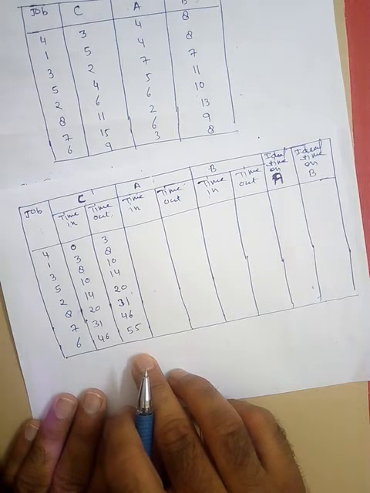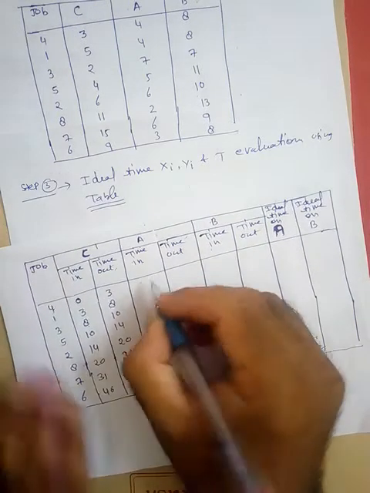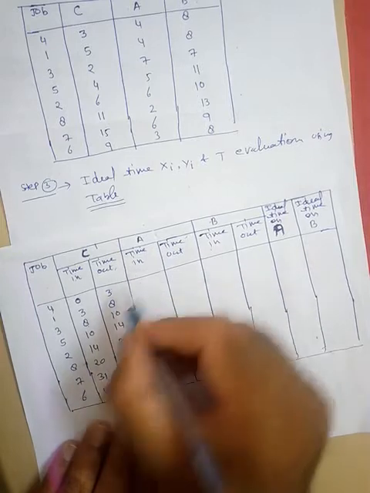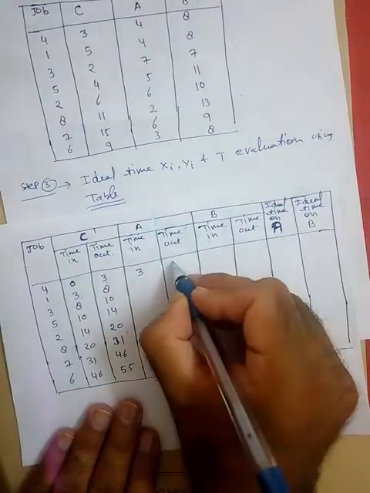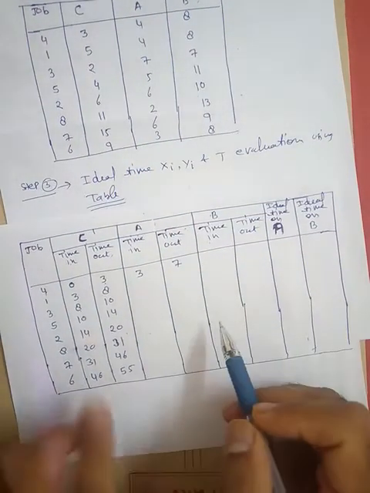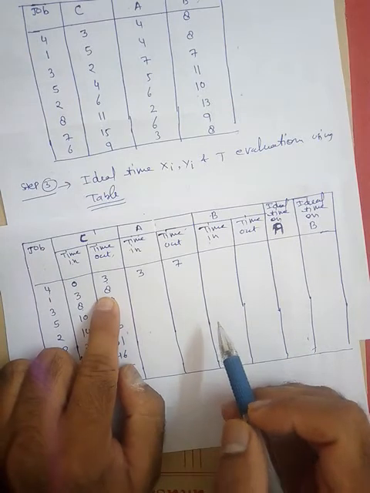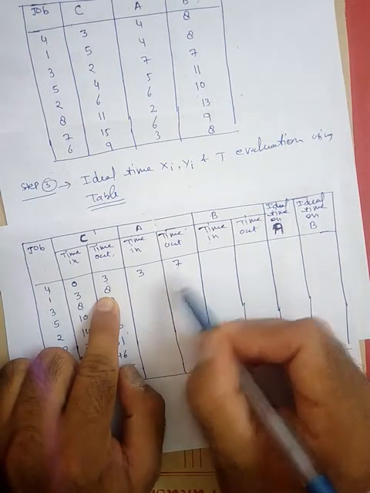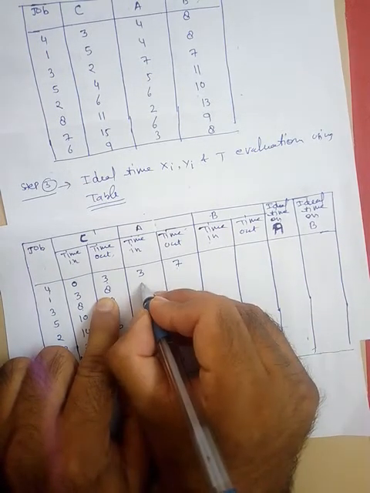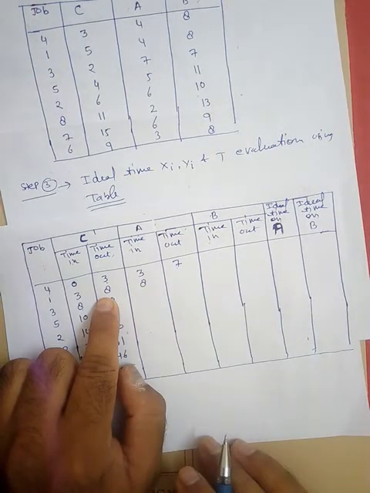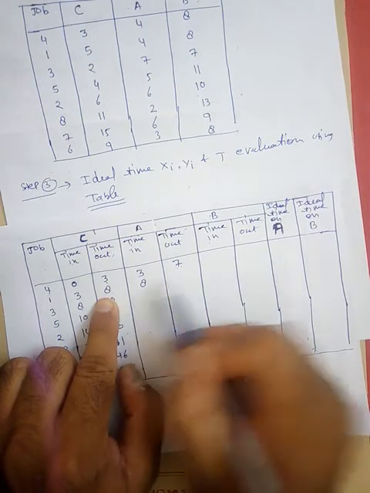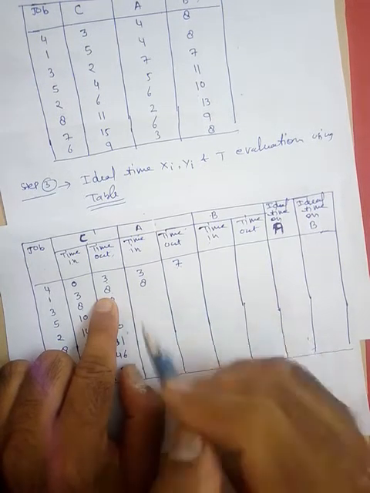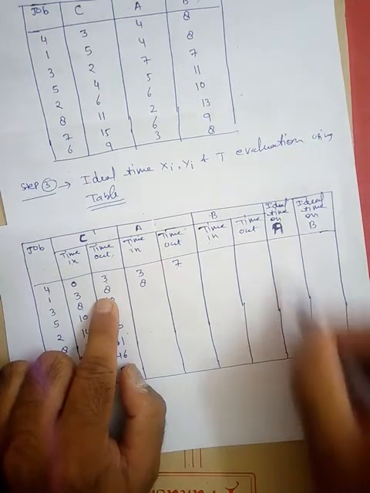Fine. Now here this machine starts with 3, so 3. And this will take 4 hours, so 7. Now here the product came at 8 hours, however this product is finished at 7 hours, so there is a gap. So that's why this will start with 8. Because this finished at 7 and this will finish at 8, so there is a 1 hour gap, so this machine will be idle for 1 hour. Fine. So we will write down the idle time here later on.